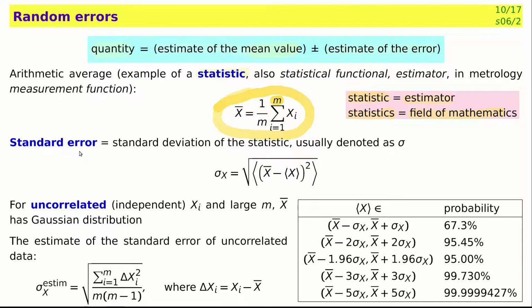Then we also define the standard error, which is defined as the standard deviation of the chosen statistic. It's usually denoted as sigma. In our case,